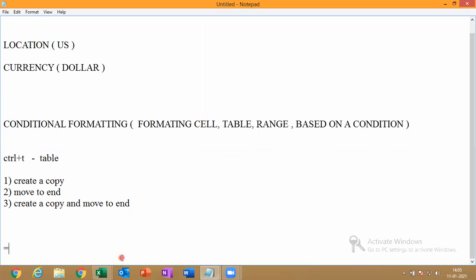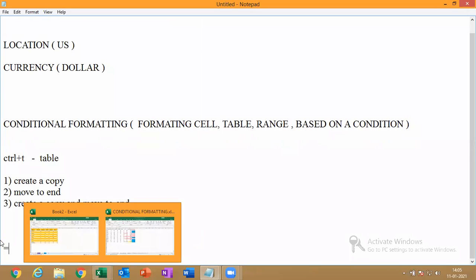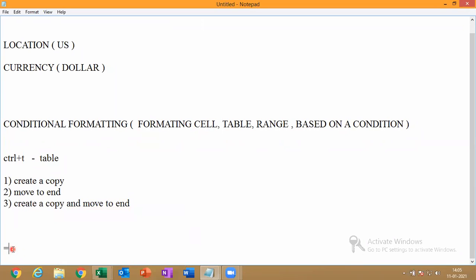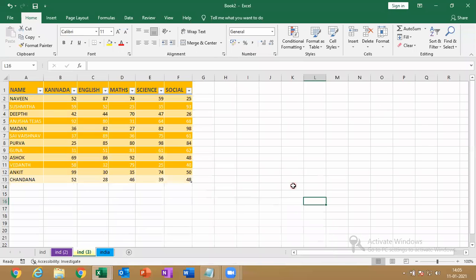I think I told you in the last class also. First, you type two characters of the function you want, and automatically a list of formulas will be generated. Use the up arrow or down arrow, and use the tab key to select the function.